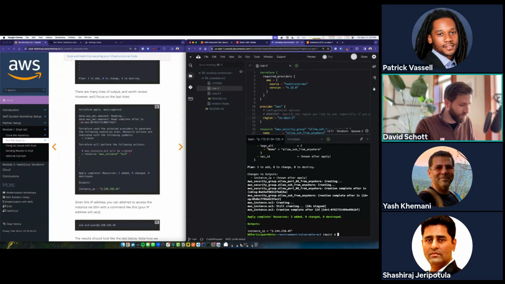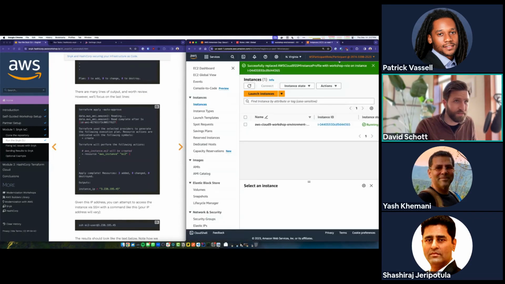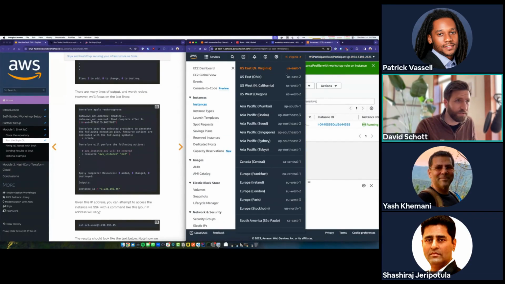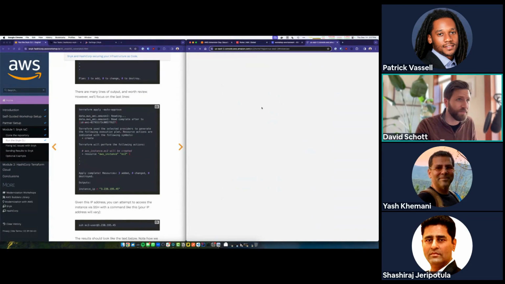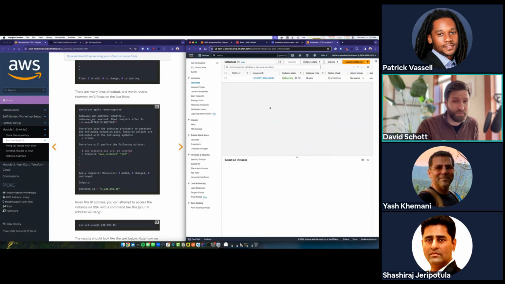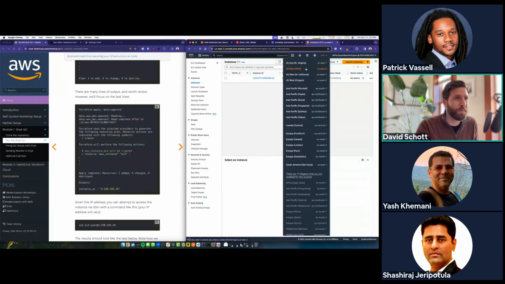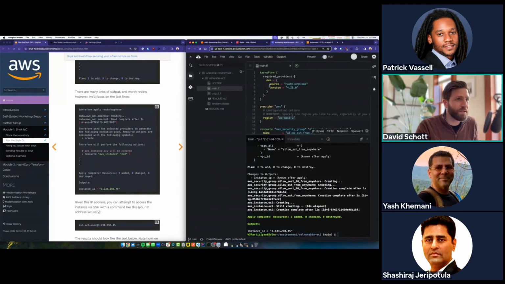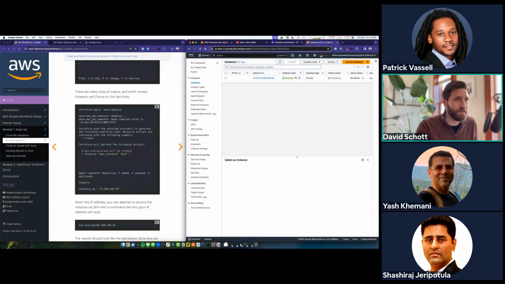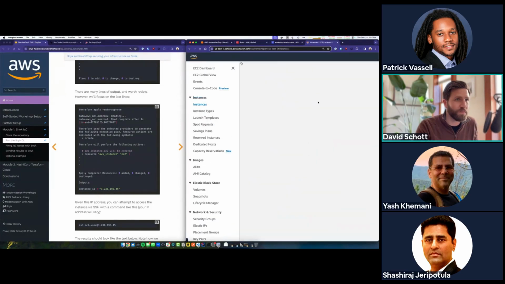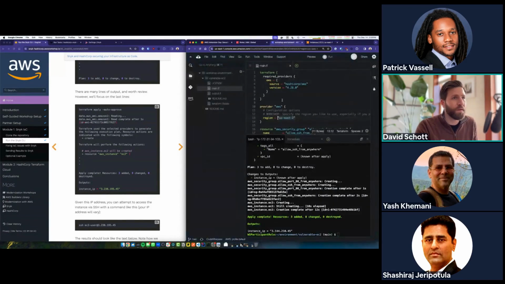I actually did create infrastructure, but I created it in US East 2, and I'll show you that. So if we change our region to US East 2, this is what you all probably did too, if you're following along. There's an instance out there running, but we want to deploy this into the other region that we were using, which was US East 1, I believe. Yep.